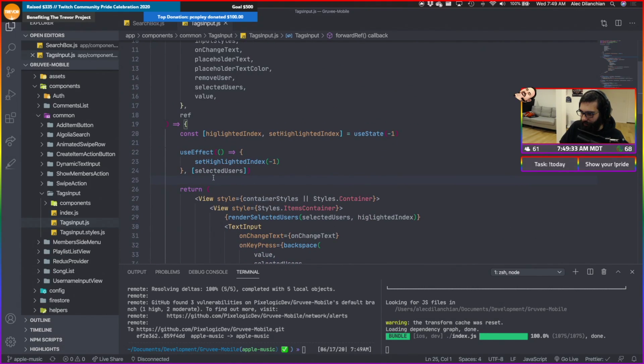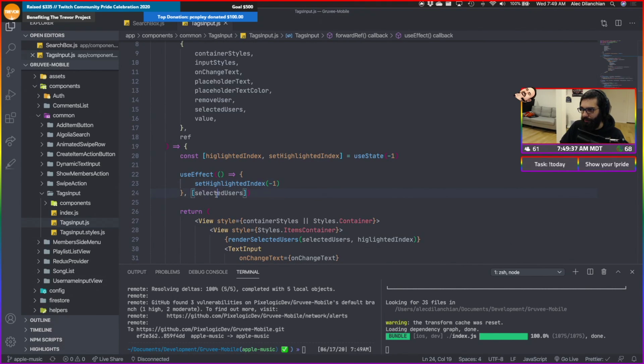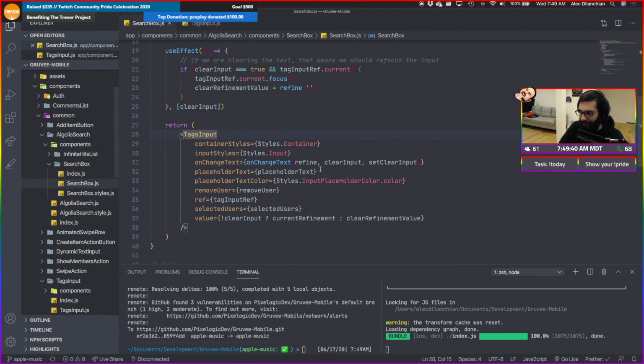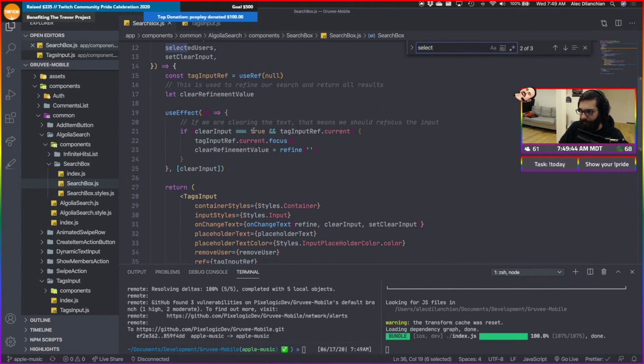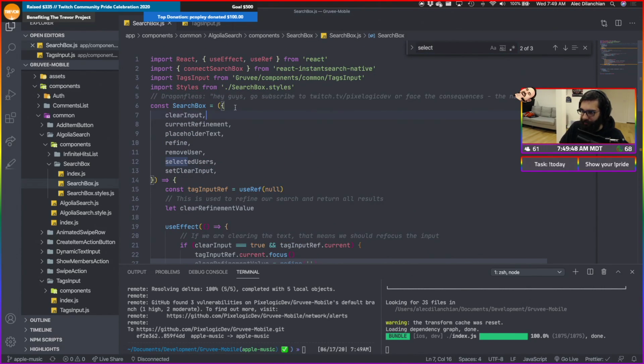So I'm actually curious if selected users... I think maybe selected users may be a little jacked up. In our search box, selected users is passed in from our parent. So we should probably check at this point.